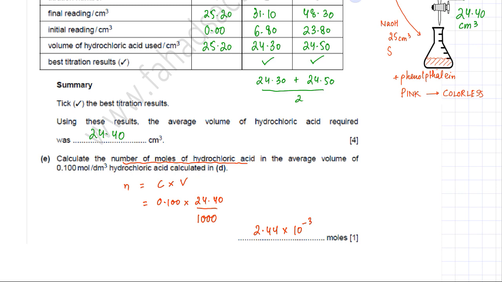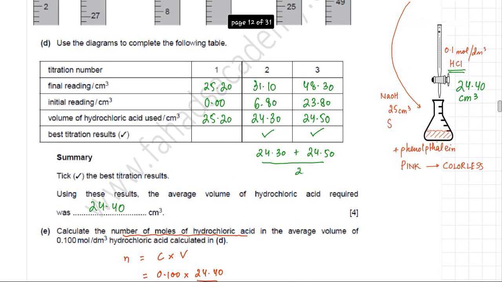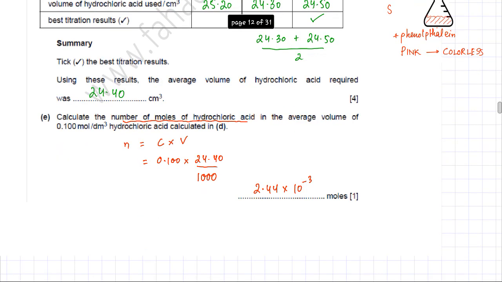So the moles of HCl that are added, let's write those down as well. The moles of HCl that are added are 2.44 × 10⁻³ moles. So this is the amount of HCl that's added from the burette into this flask, which contains the leftover NaOH. So moving to the next part,